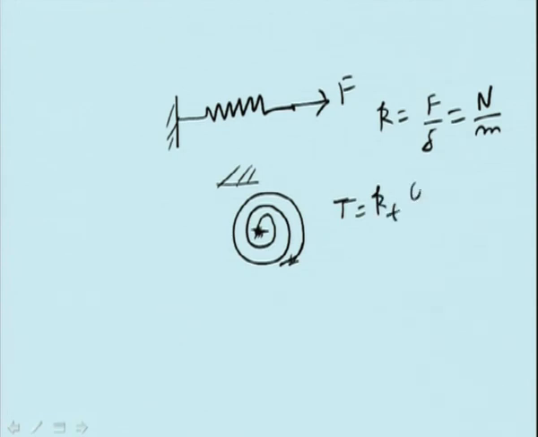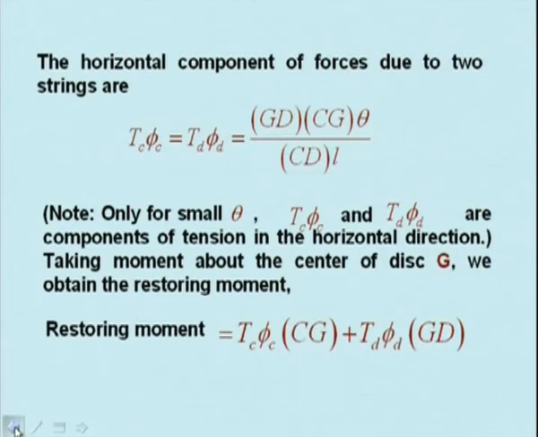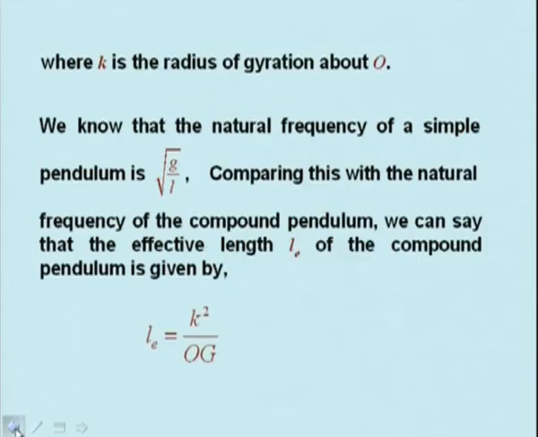Now the unit of torque is Newton meter, and theta is in radian. So the dimension of Kt, this is radian per radian only, so therefore the dimension of that thing will be Newton meter. So therefore Kt will be Newton meter per radian, right. So therefore, now going back to the previous slide,